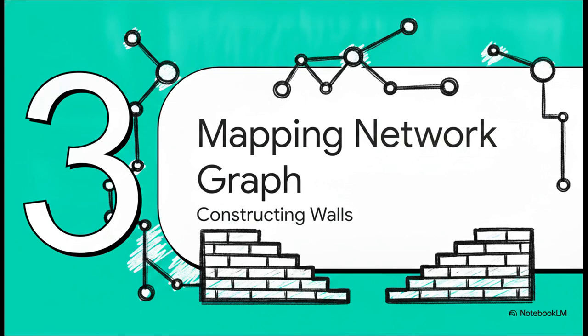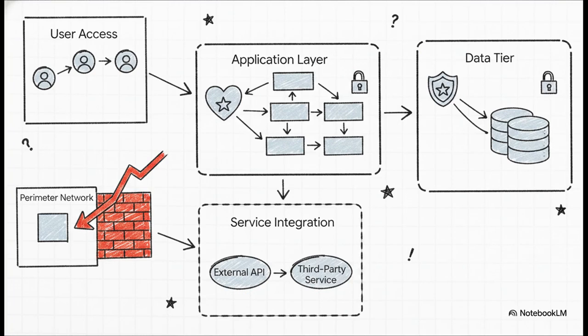Section 3, mapping the network graph. With our vocabulary locked in, it is time to build the walls. Now, we aren't just drawing a static map here. We're constructing a highly complex, micro-segmented, directed network graph. Think of it in terms of nodes and edges. We explicitly model our zones and assets as nodes and assign really specific sensitivity attributes to them, like tagging a database cluster as mission-critical. Then we programmatically generate interzone and service-level communication paths to act as the edges, simulating realistic